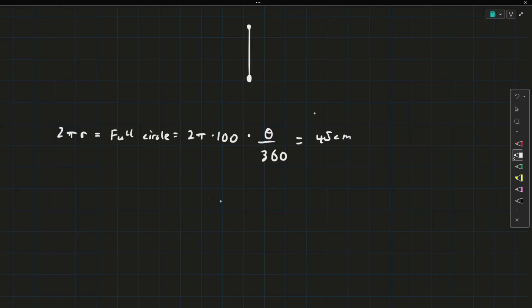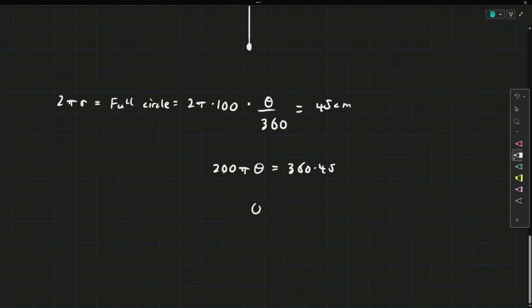So multiply both sides by 360. We'll get 2 pi, well, I'm going to say 200 pi when you multiply the 100. So we'll have 200 pi times theta equal to 360 multiplied by 45. Then divide both sides by 200 pi, and theta will be equal to 360 multiplied by 45, that's multiplied by, not a decimal,